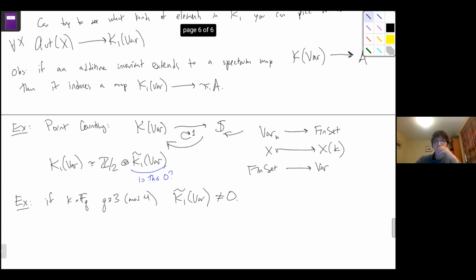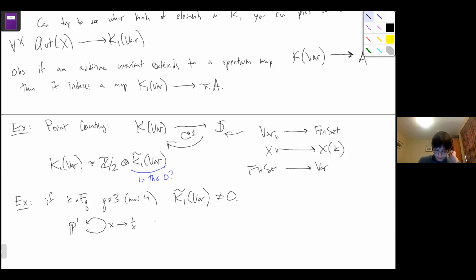And the way that you can do this is just by looking at the following element, which comes from one of these automorphisms. If you take the projective line, and you take the automorphism which is x maps to 1 over x,